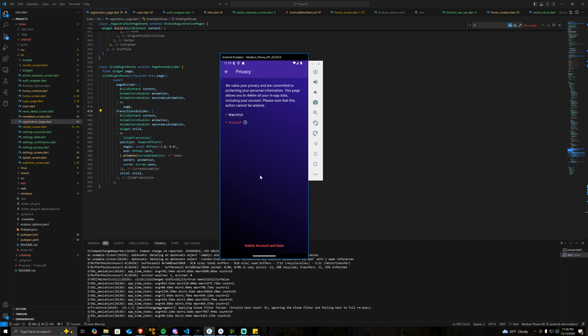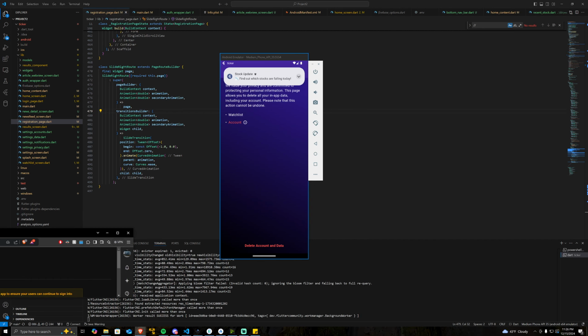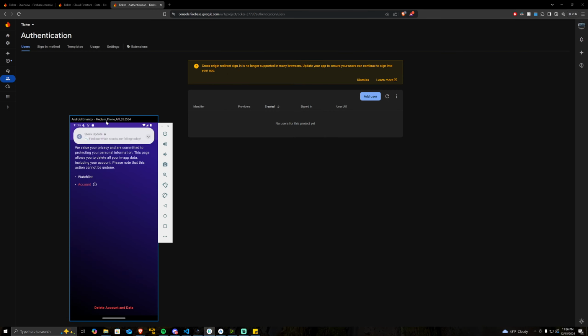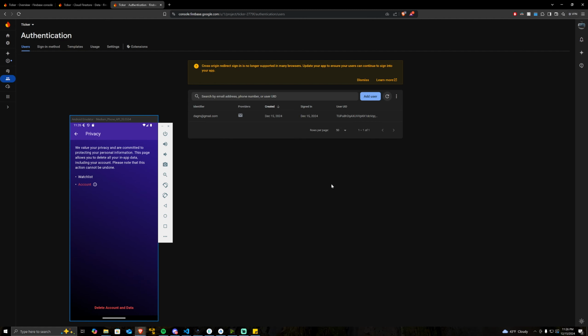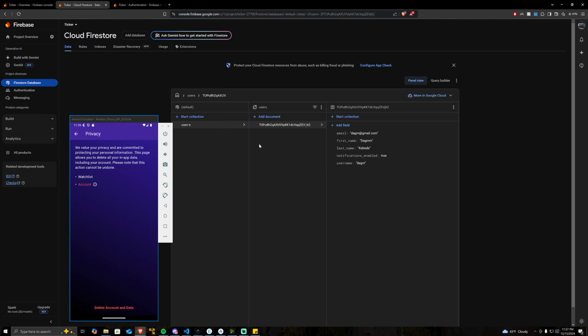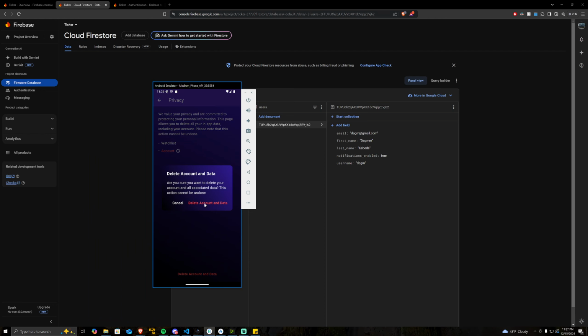If we go to privacy, it does the same thing as data, but this time it also deletes your account. So before we do that, let me quickly show you that we have, okay, that's the notification that we had set up. But if I refresh over here, that's my account. Do I have to refresh over here? Yep, there we go. And that's the account information. So if we click on delete account and data,